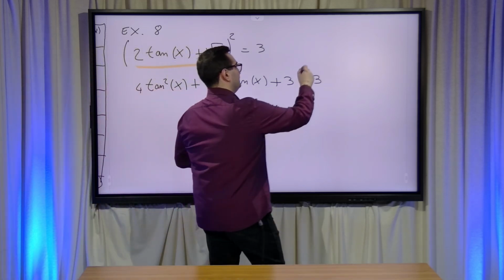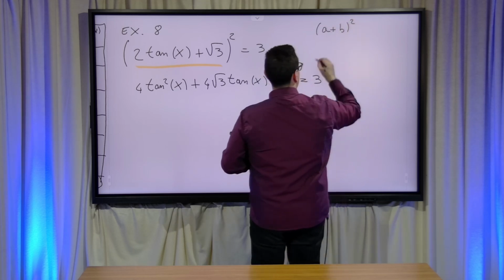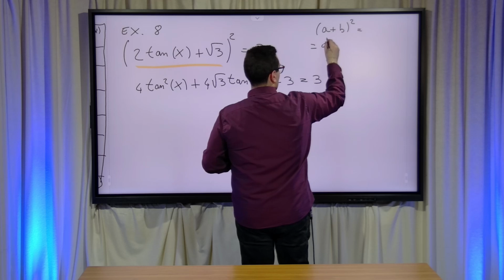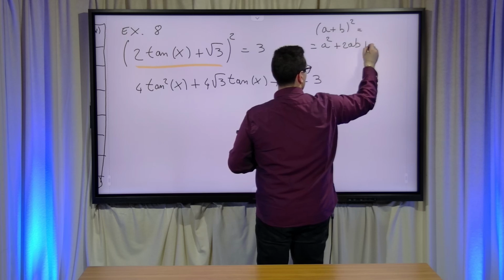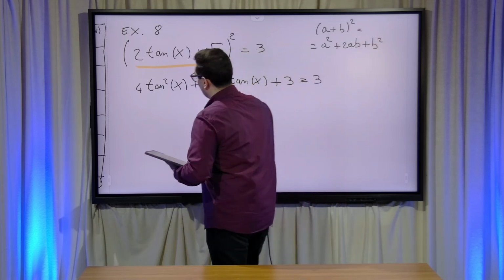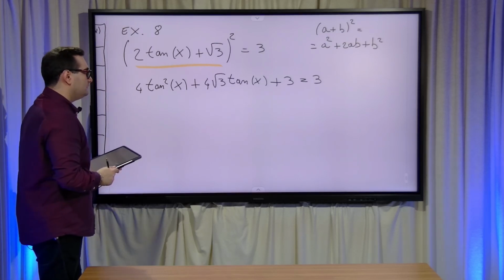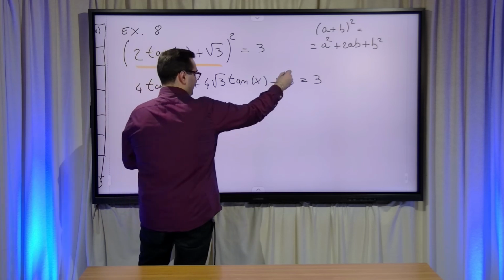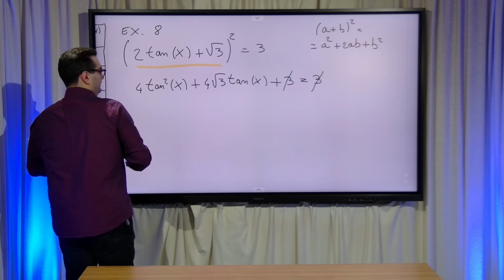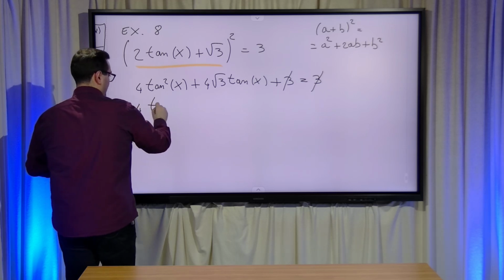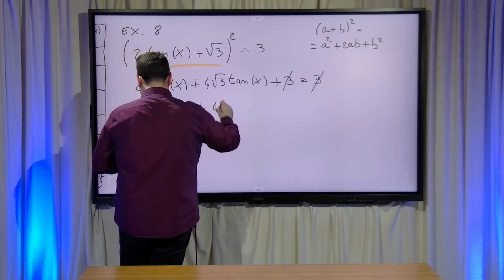I remind you here that a plus b to the power of 2 is equal to a squared plus 2 times ab plus b squared. And that's what I did here. From this one I can simplify these quantities and I can get 4 tangent square of x plus 4